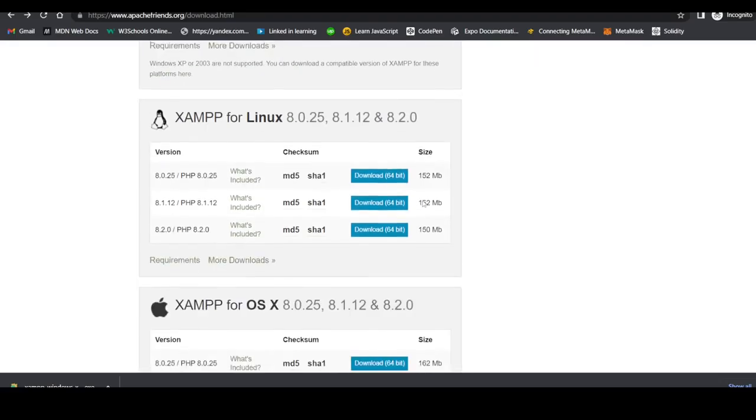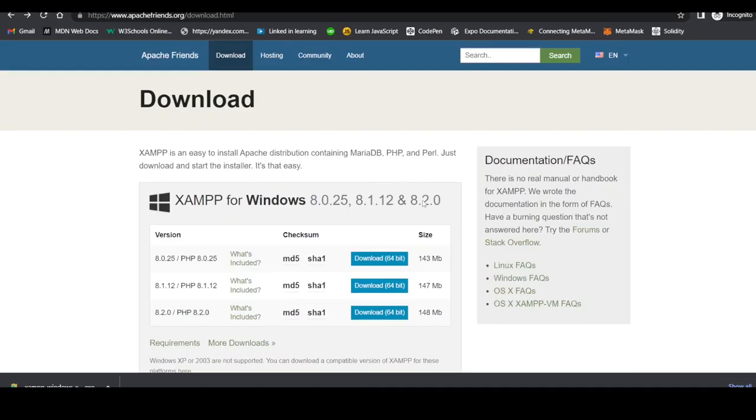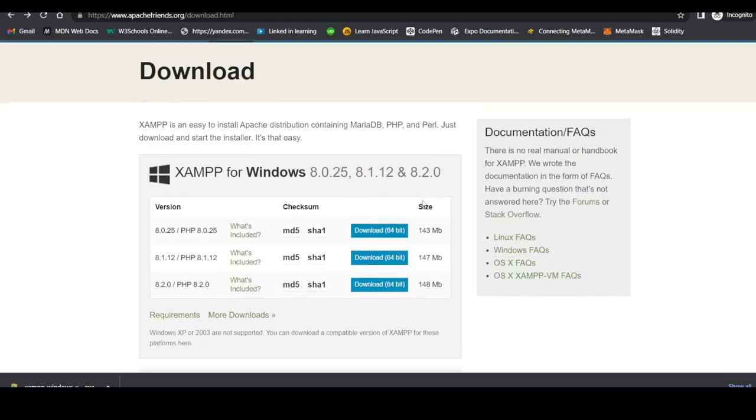Today we're going to look at how to use WordPress on our local machine using XAMPP. So the first thing you need to do is to download XAMPP on your favorite browser. You go to either Chrome, Firefox, or whatever browser you're using, and you search for this link up here, www.apachefriends.org. I'm going to leave it down in the description box so that you can just click on it and